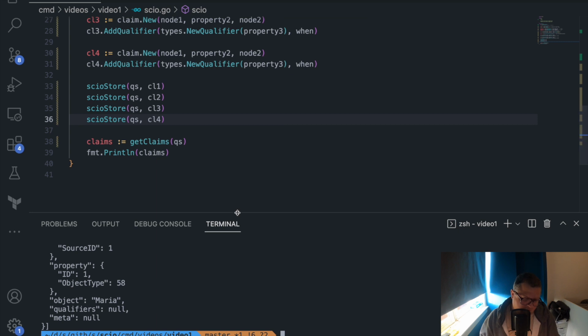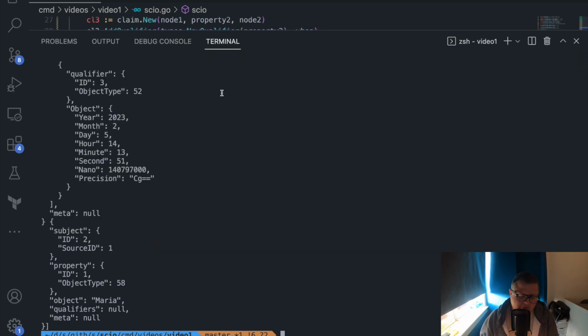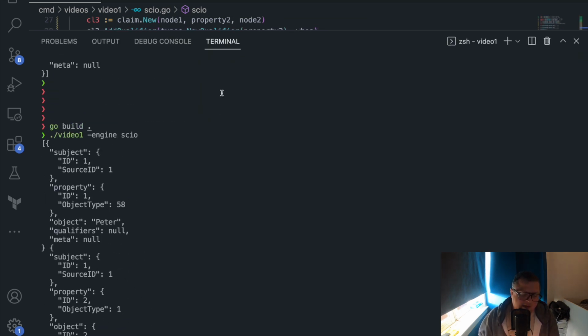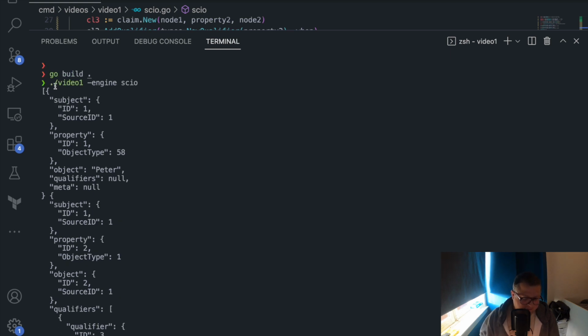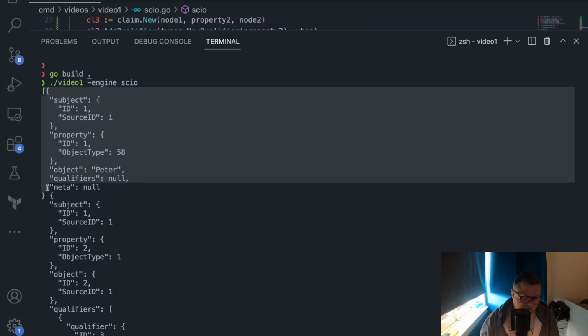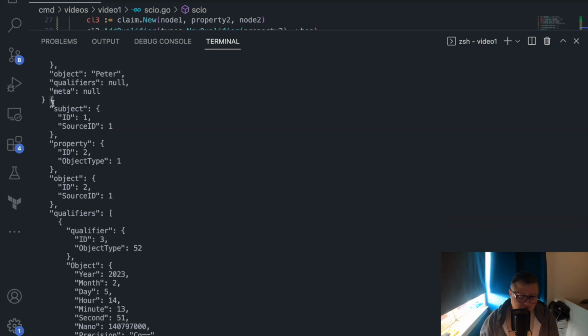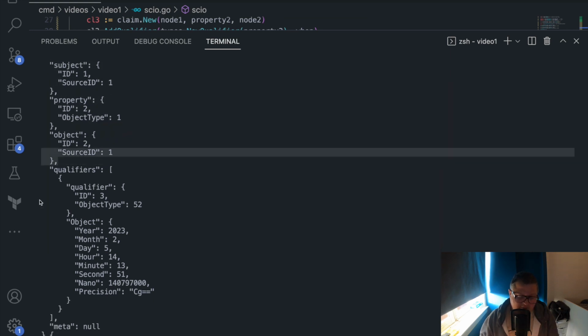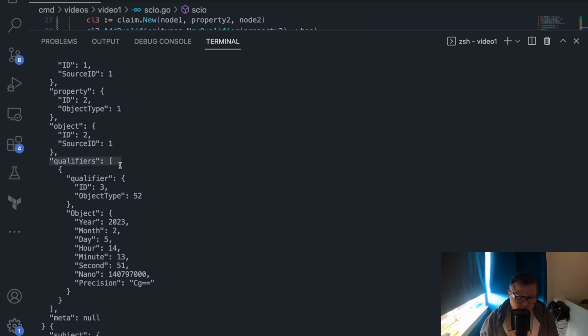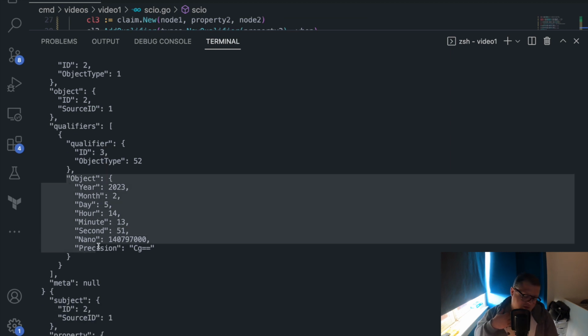So it's a little bit more complicated this time, but let's have a look. This is Peter node, and Peter loves, and it points to node number 2, Maria. This time around we have a qualifier, and we have only one qualifier, which says it's property number 3. Remember, this is "at", and then we have the object defining the